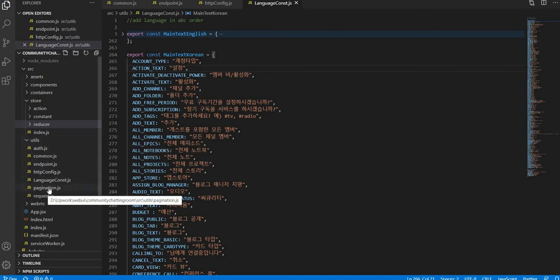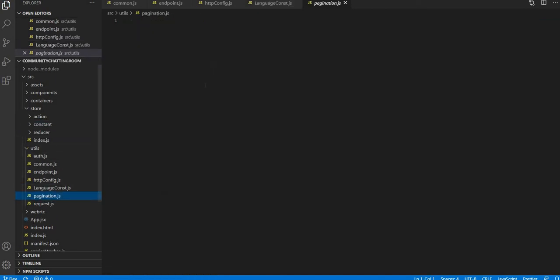Now this is the pagination one. So pagination, as of now, like we just created, but earlier we thought to use it from that JS page, but sometimes we used it from our backend only.